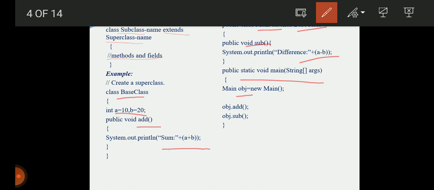Add of is a method available in the superclass, and sub of is a method available in the subclass. By creating the object for the subclass, the add of method is called. Now let us see the output of this program.